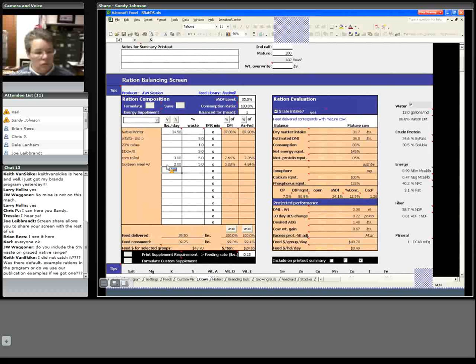Now that's equal parts soybean and corn. And I can actually back my corn down a little bit because I still have more energy than I need. But I can up my